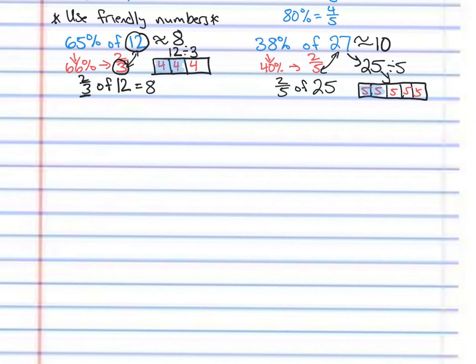With our second strategy, we're going to call this the 10% method. And the reason I like this one is once you get the hang of this one, it's really efficient because it really comes down to just moving our decimal points around, and I'll show you why. So in the 10% method, what you're going to do is you're going to find first what 10%, which is just 1/10 of the number,